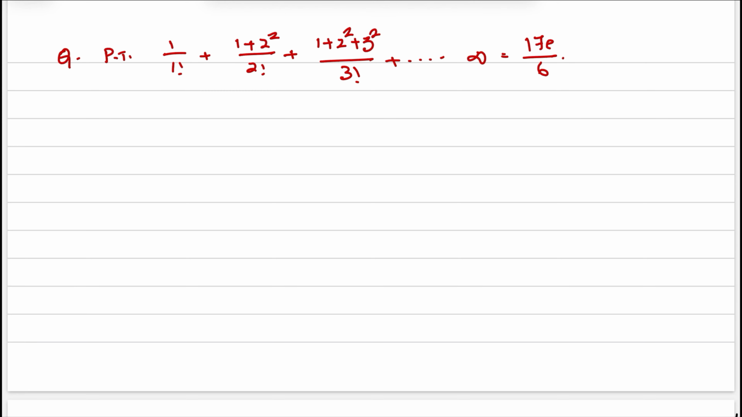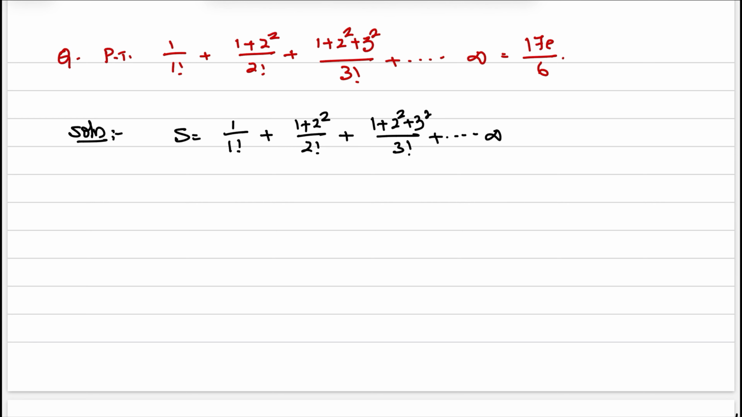Now, let us try to solve the problem. It's got a lot of insights, it's got a lot of concepts. Please try to understand. What is the nth term in it? Let us say the series is equal to 1 by 1 factorial plus (1 plus 2 square) by 2 factorial plus (1 plus 2 square plus 3 square) by 3 factorial plus up to infinity. It implies the nth term Tn is equal to,